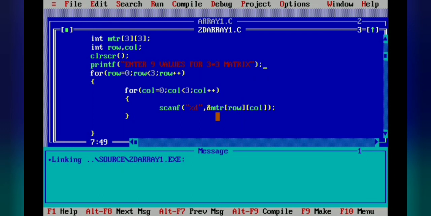This is the example of a two-dimensional array with runtime array initialization. I hope you understood both concepts well: the one-dimensional array with compile time and runtime array initialization, and the two-dimensional array with compile time and runtime array initialization.